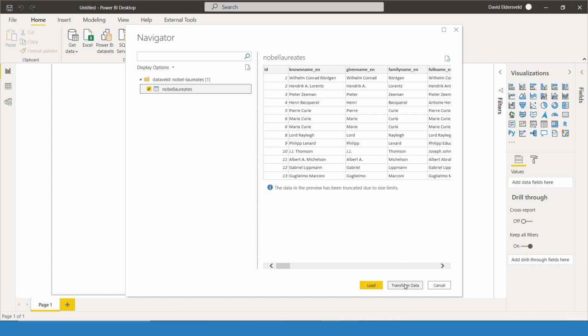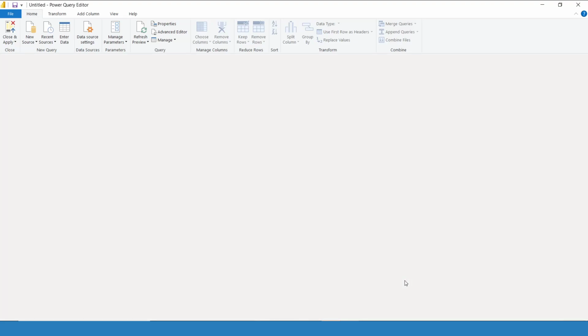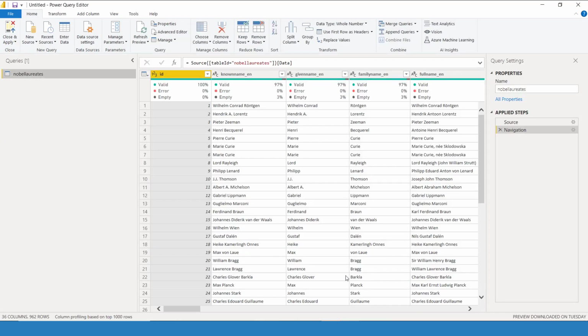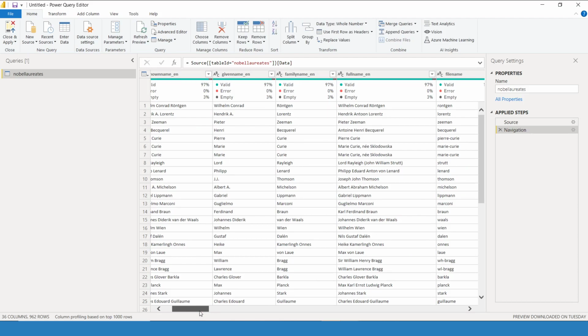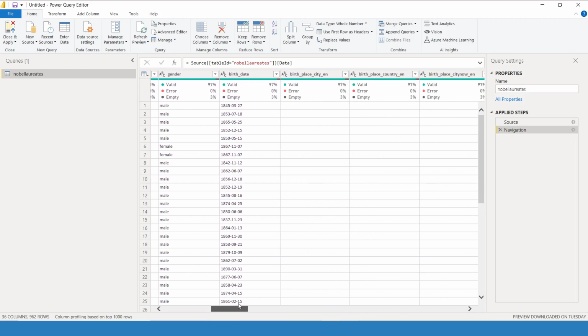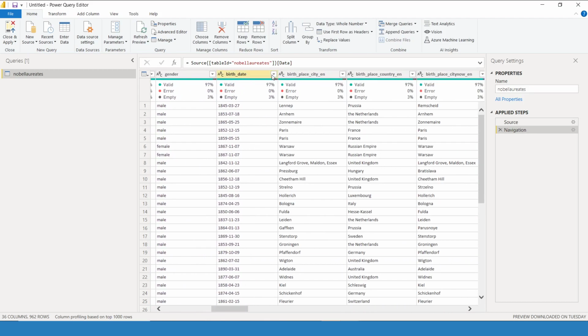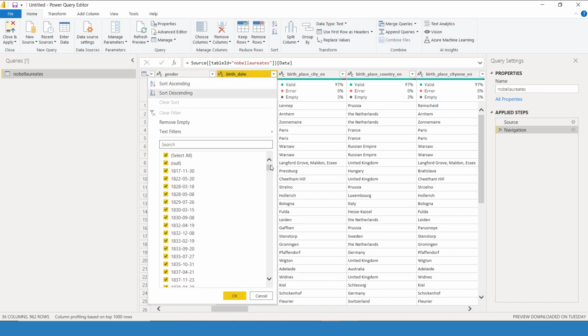And here I just simply need to select the Nobel Laureates. I'm not going to hit load, I'm going to hit transform data. Because if you got far with this data set and you try to do some crazy things with your birth year calculation, your age calculation based on birth year, you'll notice some things. I don't know that it's really called out easily here sample-wise. Let's see if I can search. Yeah, great. So there are some birth dates across multiple years that have zeros for months